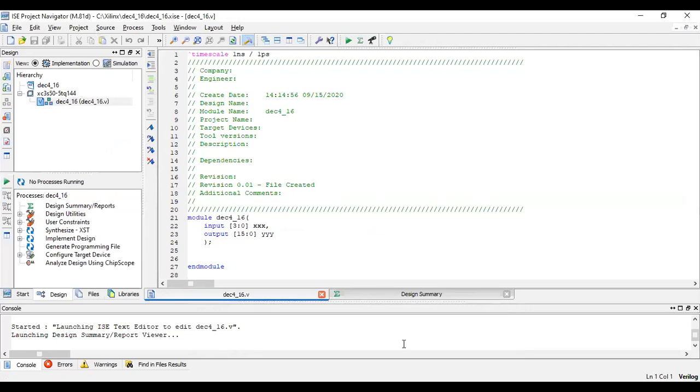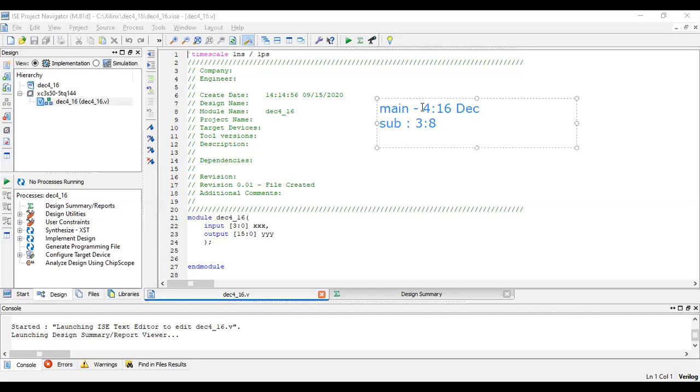Now let me tell you what are the main modules and the sub modules first. Now what is the main module? Our main program is 4:16 decoder, right? How are we implementing? 4:16 is written using 3:8. So the sub module will be 3:8 decoder. So main module will be 4:16 where you're going to call 3:8. That means you should have a 4:16 main module and 3:8 sub module.